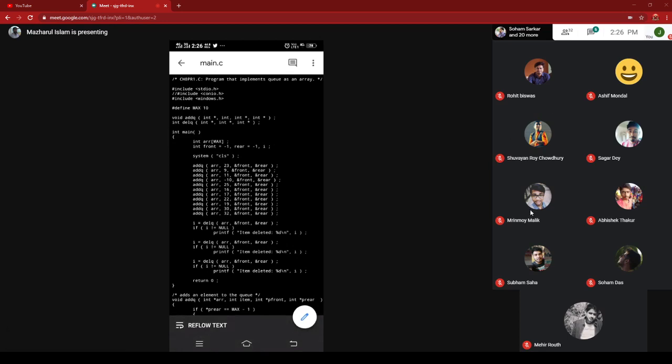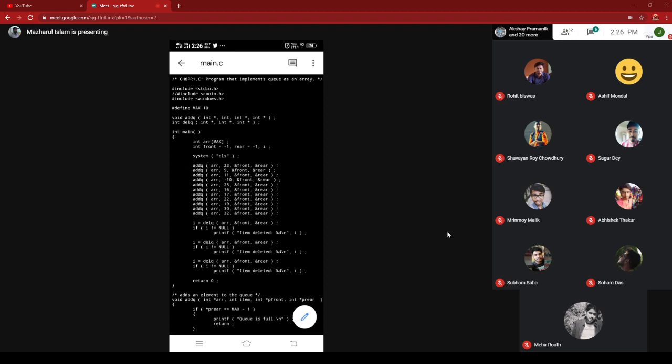Now this is the simple linear queue, not circular. Try to understand each and every statement from this program. First, two header files are there. Then your queue size has defined max 10.